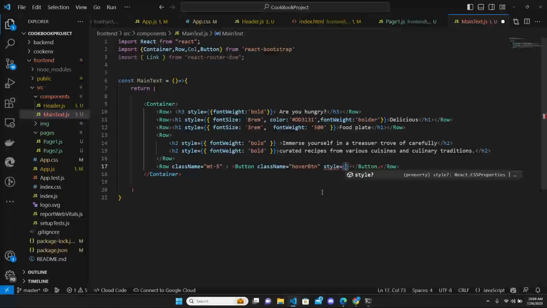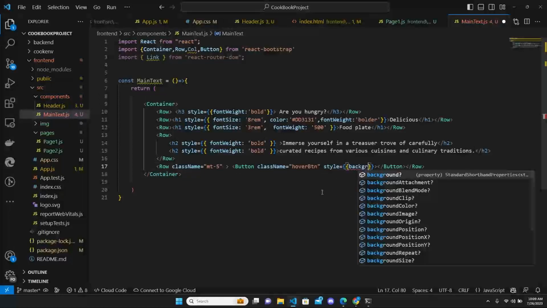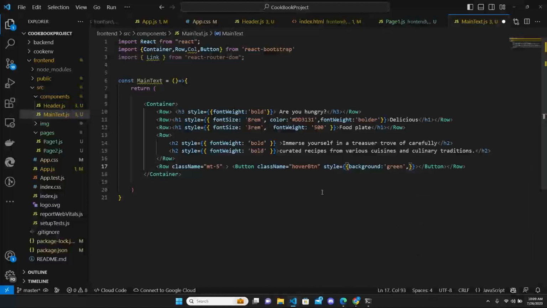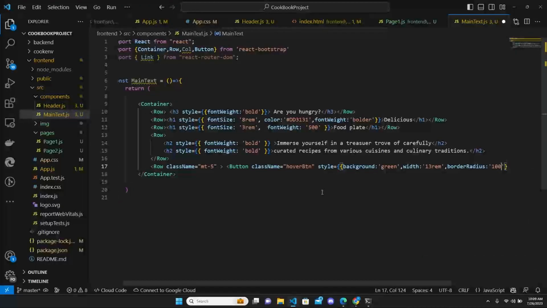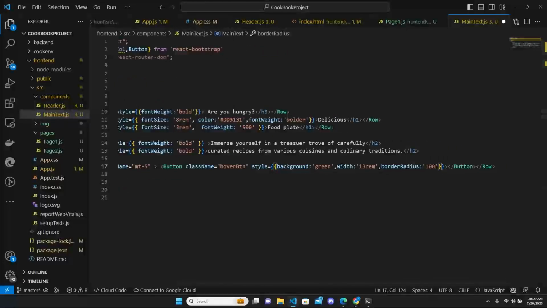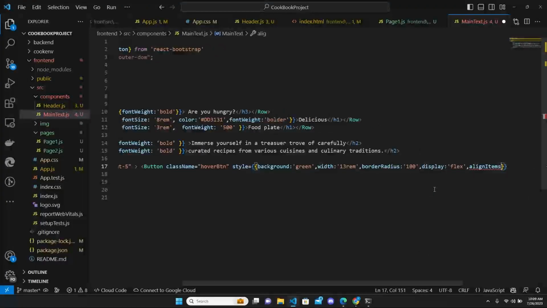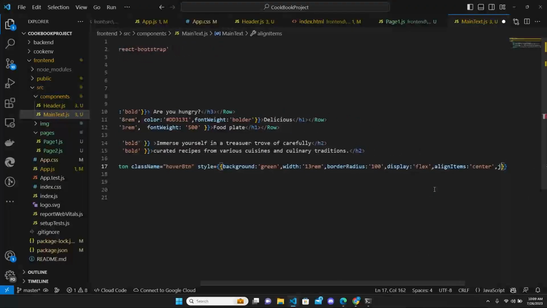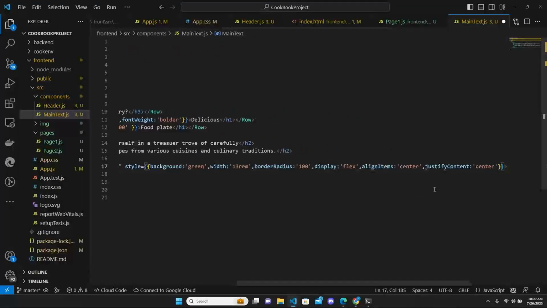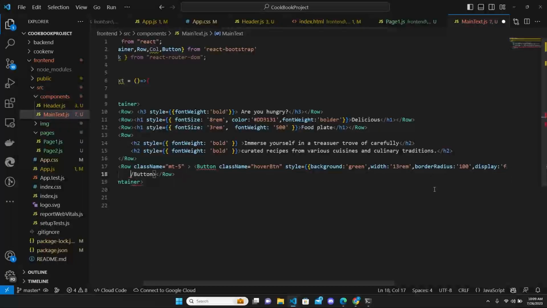So style, let's see, I want the background to be initially green, the width of 13 rem, and the border radius, so to be rounder, 100, and we can align the text from the button with the display flex, align items center, and justify content center. This is going to align the text from the button, so this text,